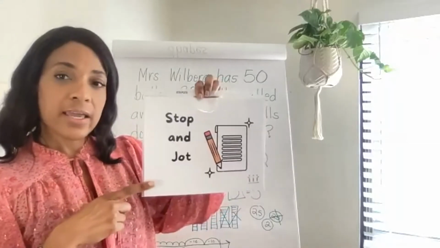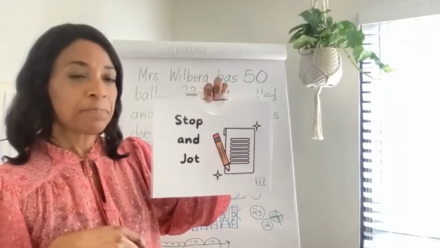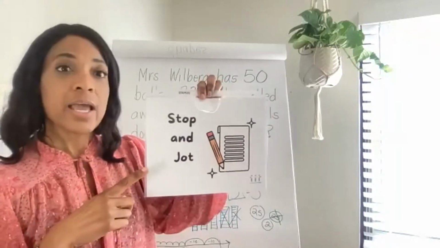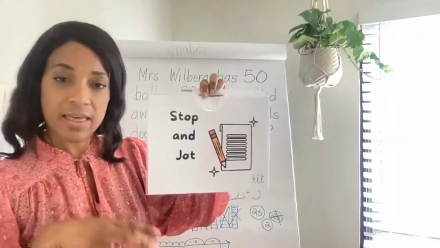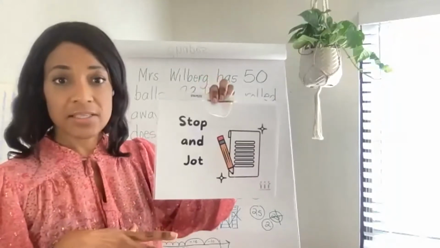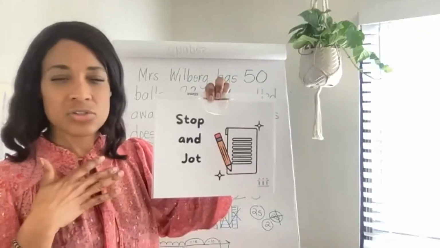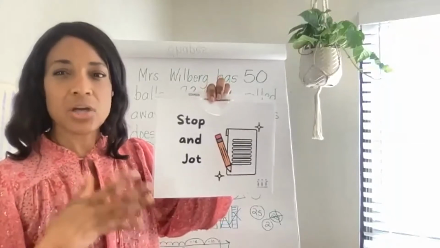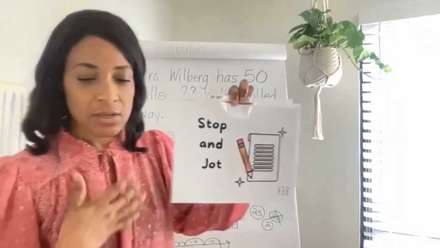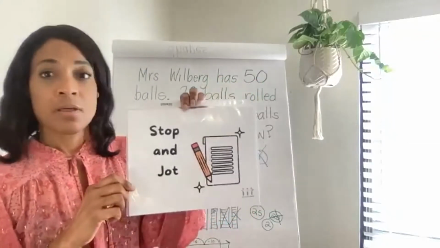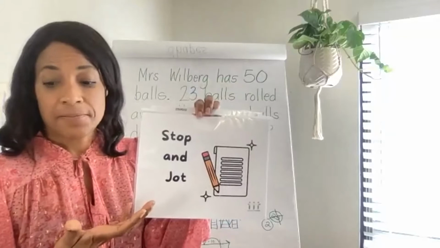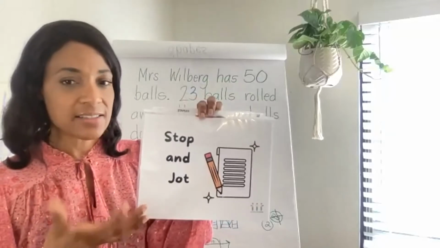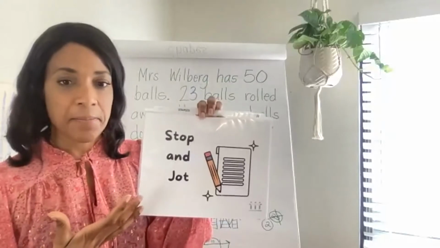So I was in a 2nd grade classroom yesterday, and we were working on the stop and jot strategy, and most of the kids were jotting down nothing. And this was my first time in this classroom. These kids didn't do a lot of explaining their thinking and talking about their thinking in math. So this was sort of new to them. But what I noticed is they weren't writing anything down. And when I gave them suggestions about things that would make sense, they were hesitant to speak up.